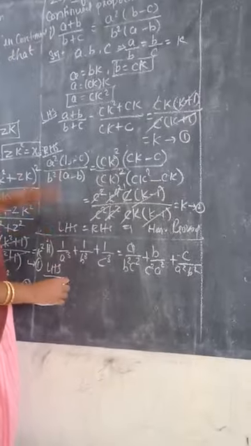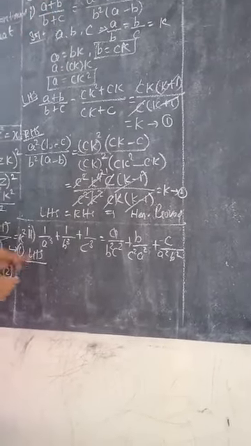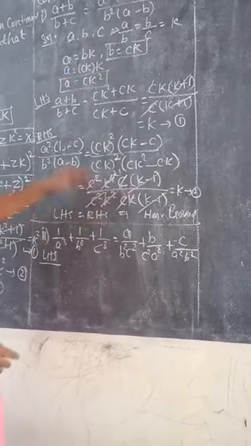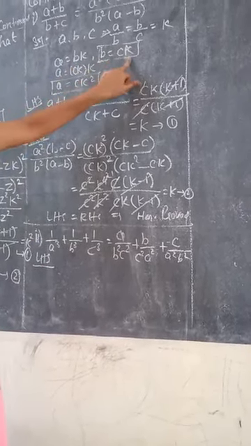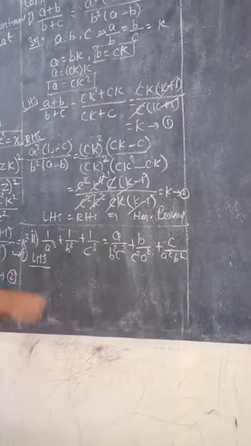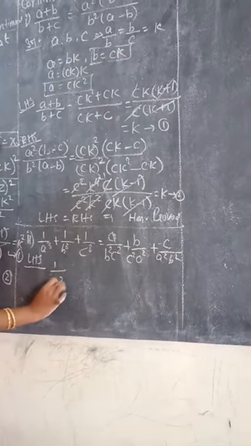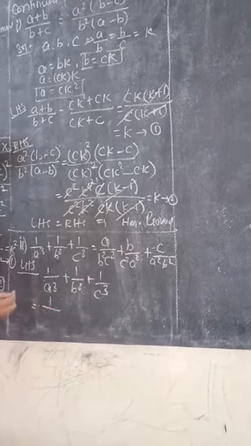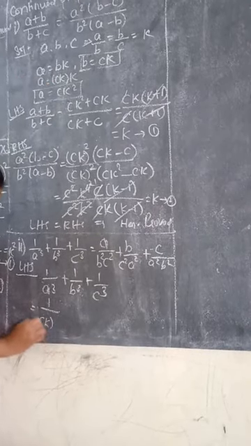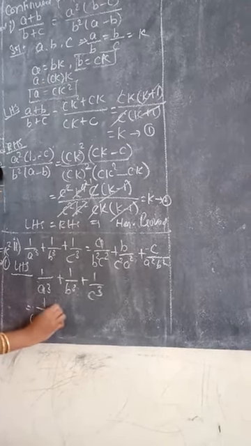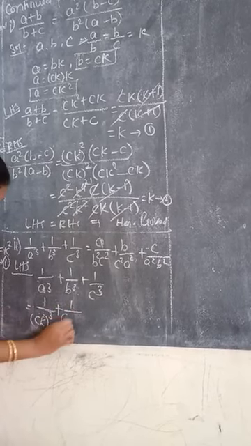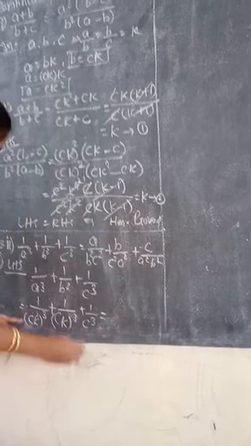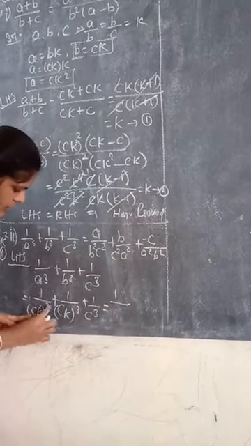Okay, this is the next subdivision of the same sum. Listen, same thing. This is the same up to this point for all the remaining sums. a equal to c k square, b equal to c k. Again we are going to apply this in the given form. So what is the left hand side? 1 by a cube plus 1 by b cube plus 1 by c cube. What is a value? c k square. So (c k square) the whole cube, plus 1 by what is b? c k. So (c k) the whole cube, plus c cube is common. Now we are going to expand this. So 1 by c cube k power 6.